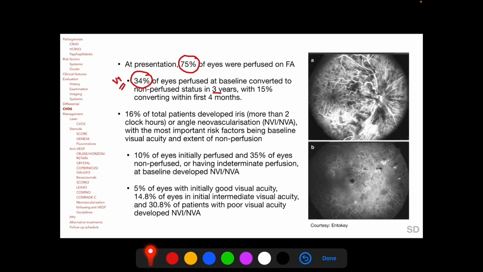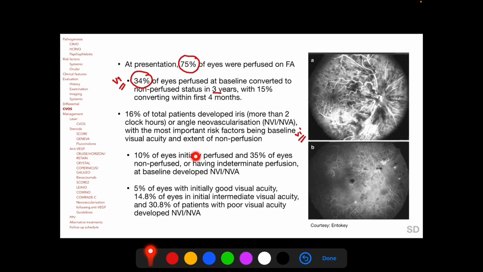So this figure is significant because it indicates that even eyes perfused or non-ischemic at baseline should be followed up. And CVOS found that 16% of total patients developed iris or angle neovascularization, with the most important risk factors for neovascularization identified by CVOS being baseline visual acuity and extent of non-perfusion, which is also important to remember. So compared to 16% of total patients in CVOS developing neovascularization,